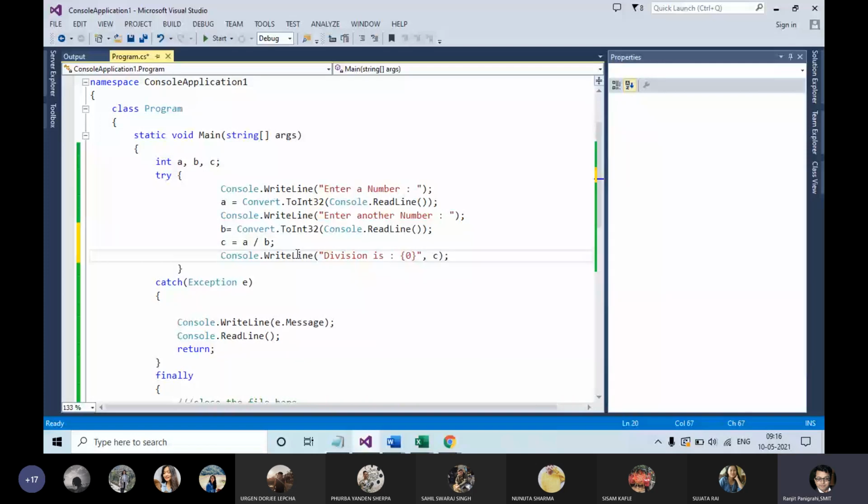So I am taking two numbers from the user, this is the first number, this is the second number I am accepting, dividing it and storing it into a variable c, and I am displaying it. This is the simple program.